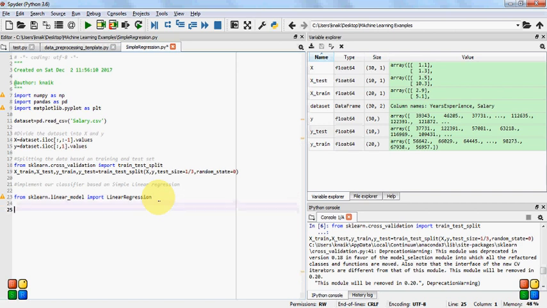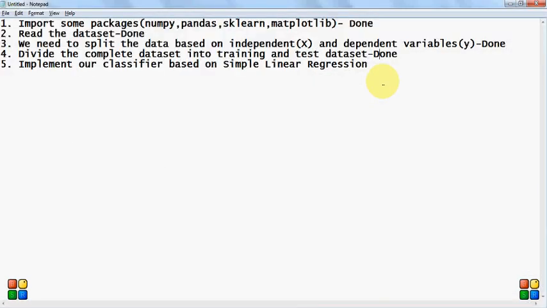The next step is defining my simple linear regression classifier. Now, why are we adding this linear regression? This package is calculating beta zero. We had the formula y equal to mx plus c, which I later converted into a different representation in my previous video: y equal to beta 0 plus beta 1 into x. Here we know that beta 0 is the intercept point, beta 1